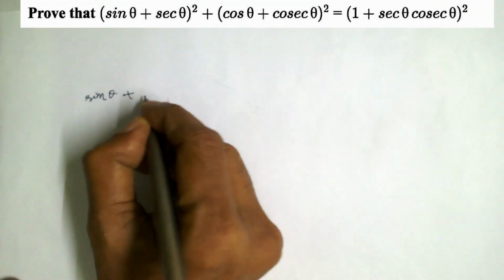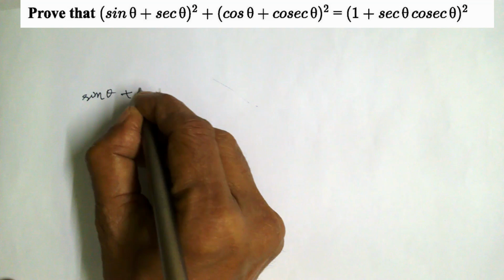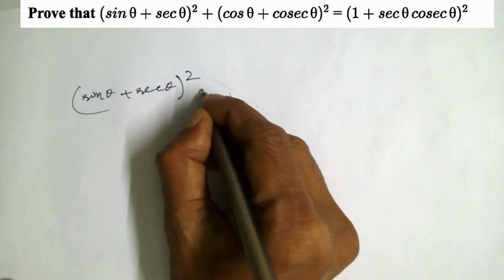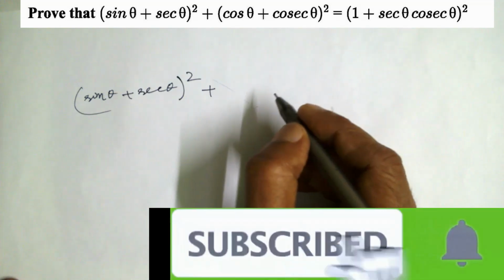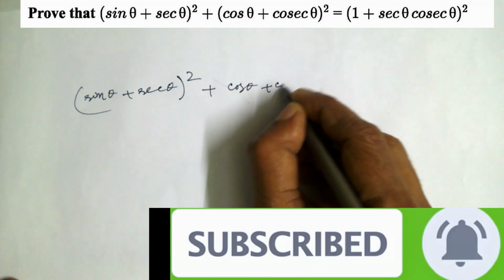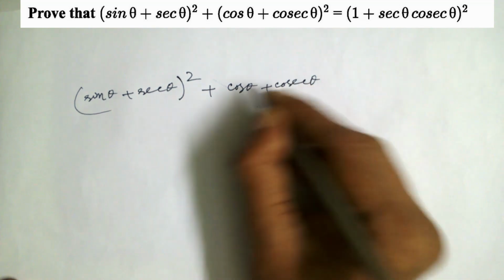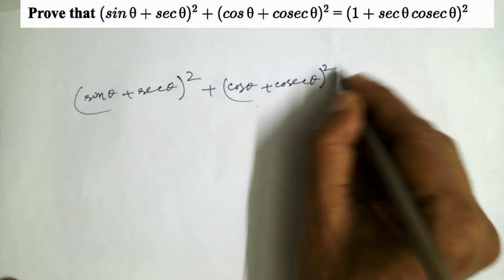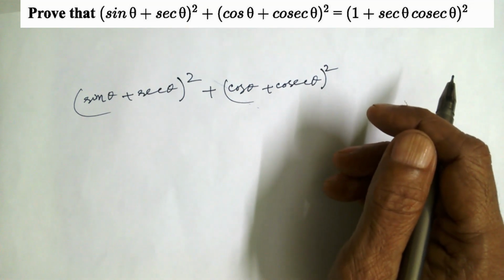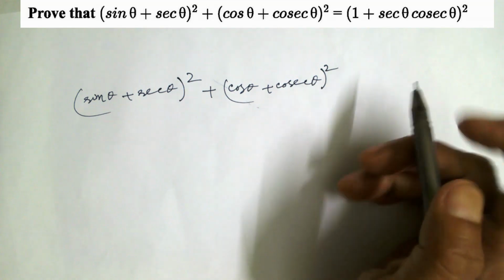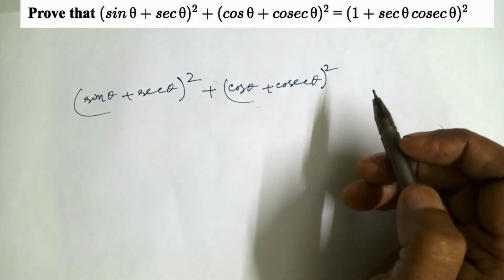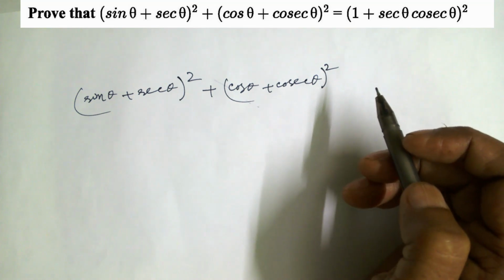(sin theta + sec theta) square plus (cos theta + cosec theta) whole square. What is the right hand side? (1 + sec theta cosec theta) whole square. If we expand the right hand side, there are only 3 terms, because (a + b) whole square is equal to